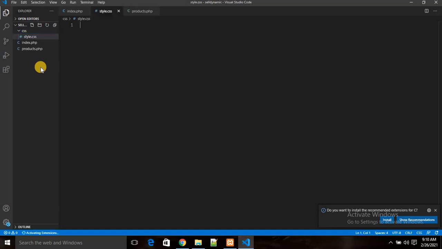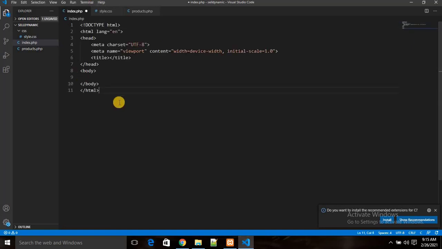That's going to be where we're going to put our styling. Alright, and yeah, so let's go ahead and work on our index.php right now. The first thing that I'm going to do now is to populate this page with the basic HTML body and head tag, and of course I have to add the title right here. So let's say that the title of this one is going to be Sell Dynamic Products